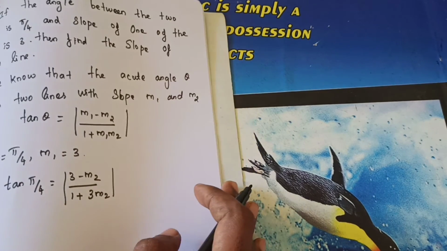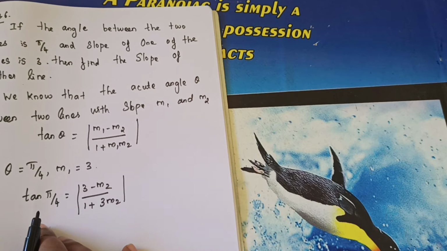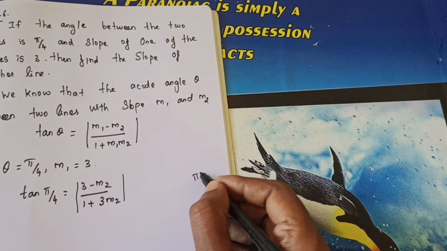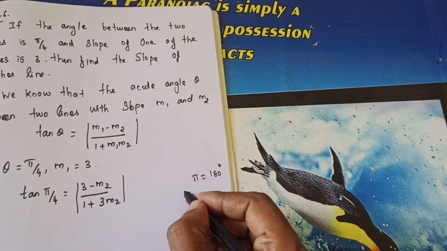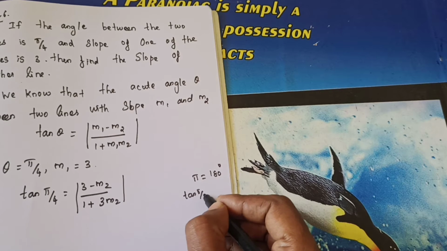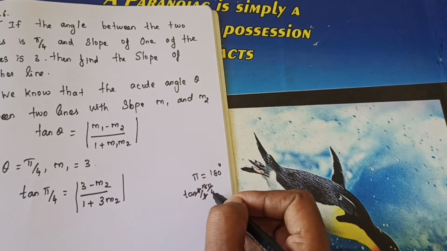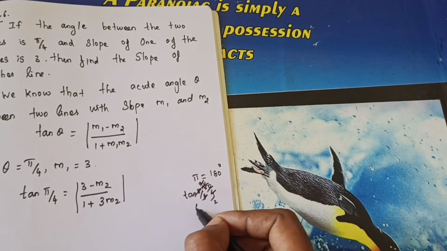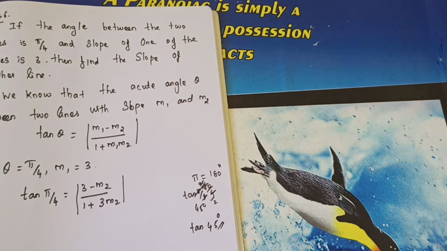Pi means, keep it in mind. After that, in the fourth lesson only we'll learn trigonometry. So before that, this problem tan pi by 4. Pi means 180 degree. Keep it in mind. Pi means 180 degree. So tan pi by 4 means 180 degree divided by 4. So now simplify. So what will happen? 2 times 90 cancel means 45 degree. So that is same as tan 45 degree. Now all of you got it. What's the meaning of tan pi by 4?